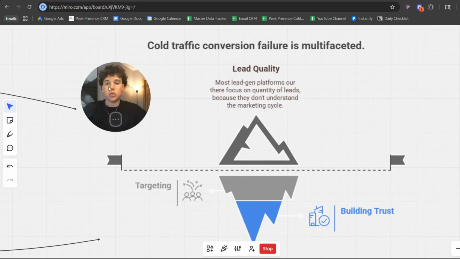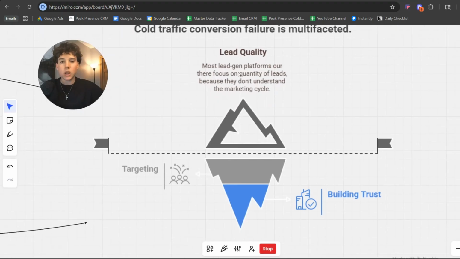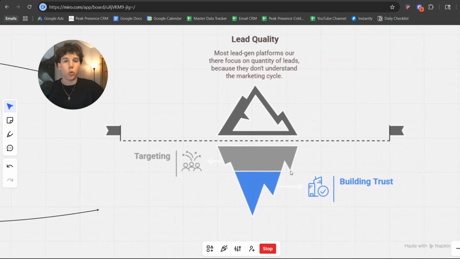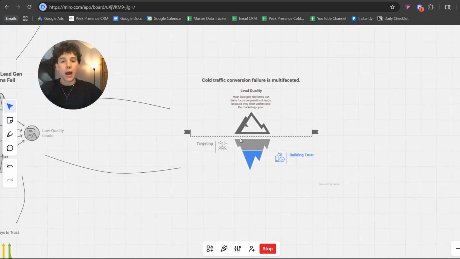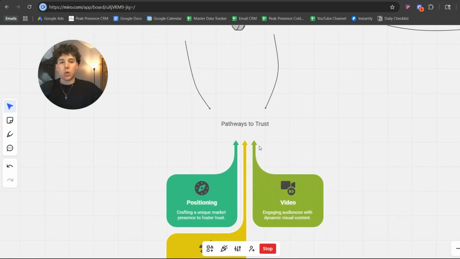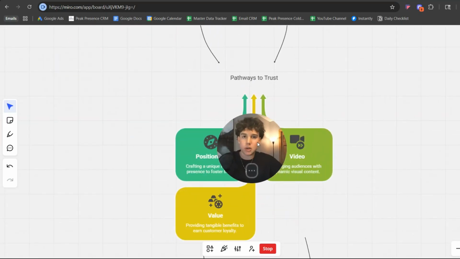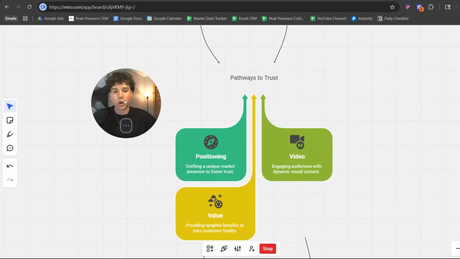And this is what you need to do. You need to build trust with these people. And the way you can focus on those people who have more intent is by targeting and by building trust. And that's exactly what I'm going to show you. And what Ryan Serhant and Mike Sherrard both do is utilize a platform where you're able to actually do that. So the next part I want to go into is how do you build trust? Because real estate is all relationship based. People go with the realtor they trust the most. So how do we build trust?